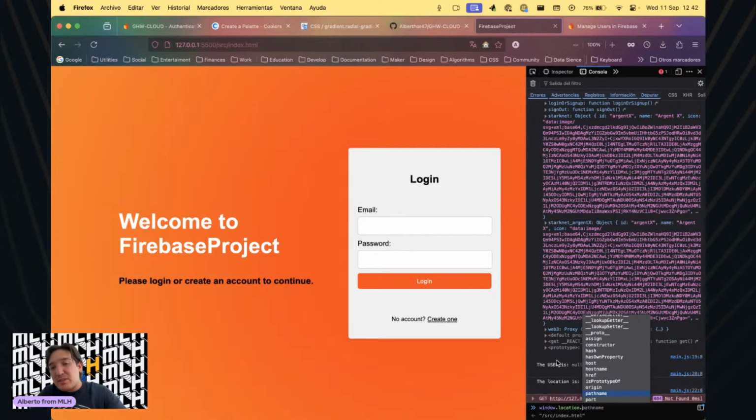Path name, is that why it doesn't concede? Path name equals